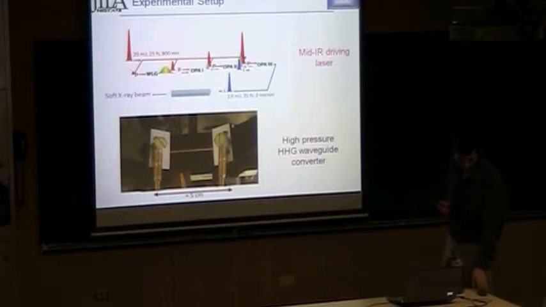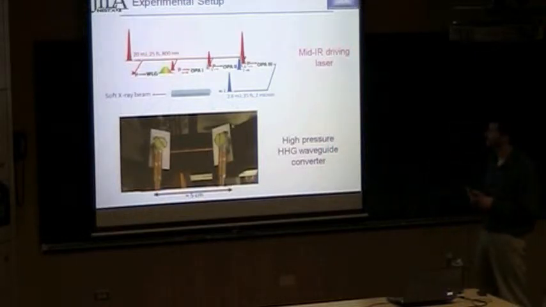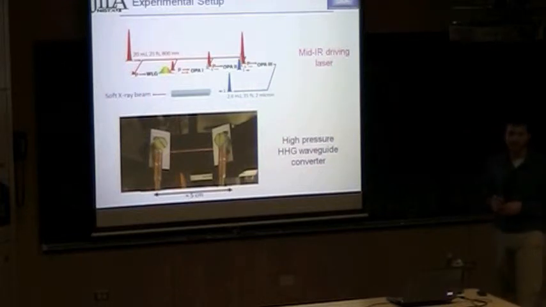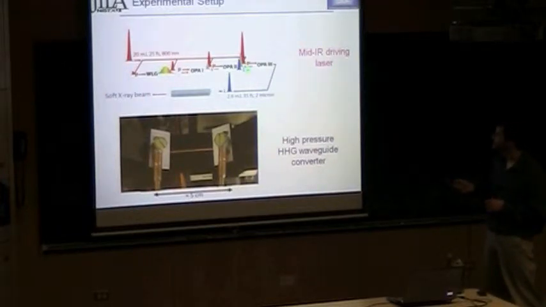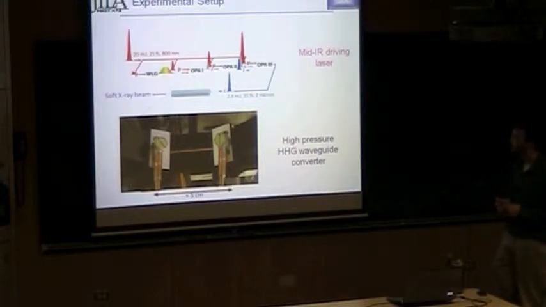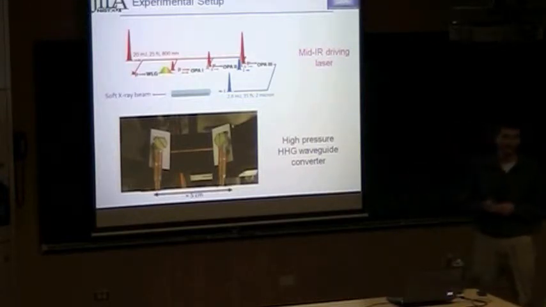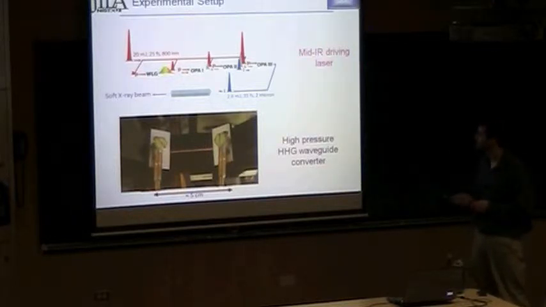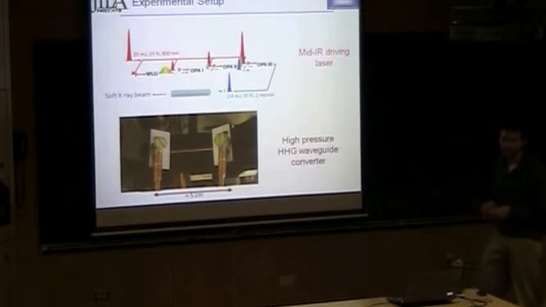So here's a simple picture of our experimental setup. We take a standard Ti-Sapphire chirped pulse amplifier. It's got about 20 millijoules at 800 nanometers and 25 femtoseconds. Again, this is a 10 hertz source, so keep that in mind later. And we pump a 3-stage optical parametric amplifier. At the output, we have a signal beam centered at 1.3 microns with about 5 millijoules at about 30 to 40 femtoseconds, and an idler beam at about 2 microns with about 2.5 millijoules at about 35 femtoseconds.